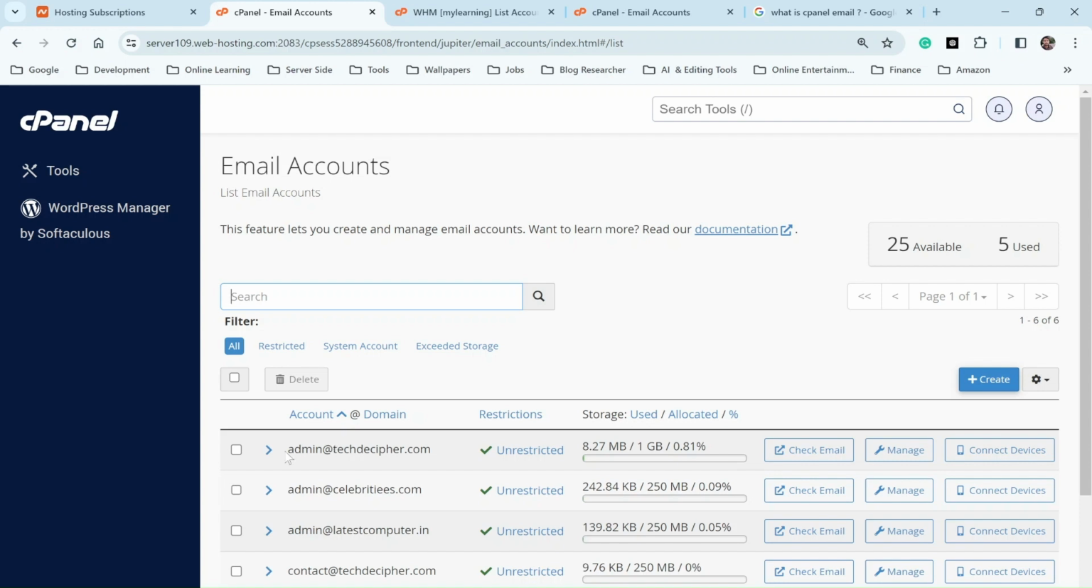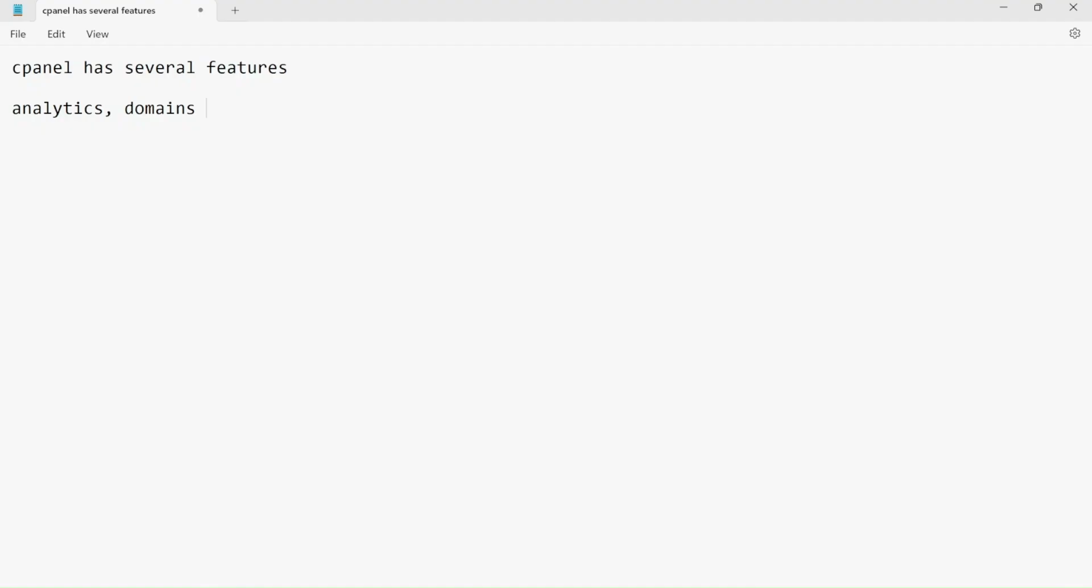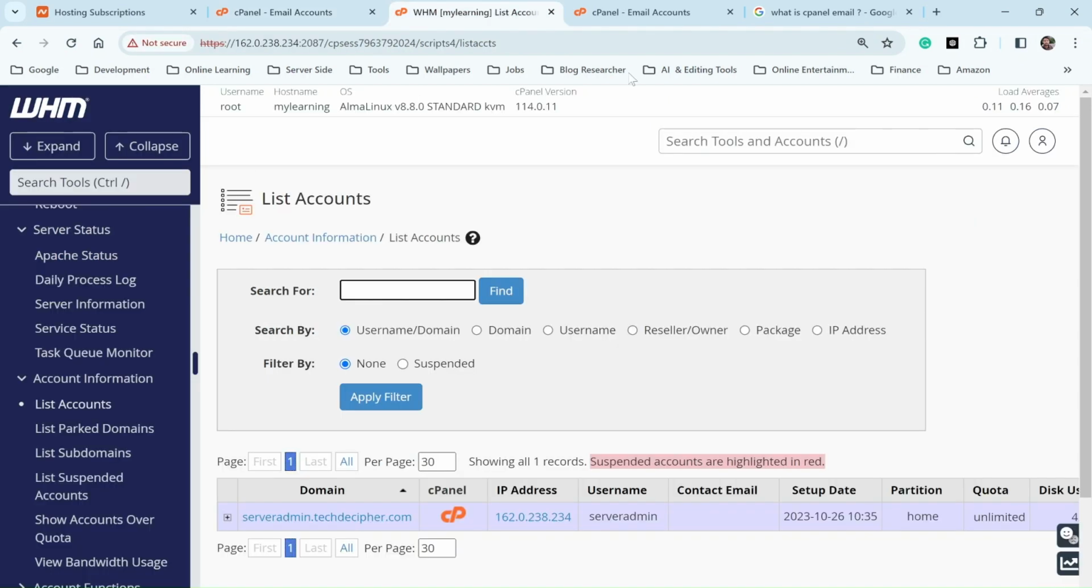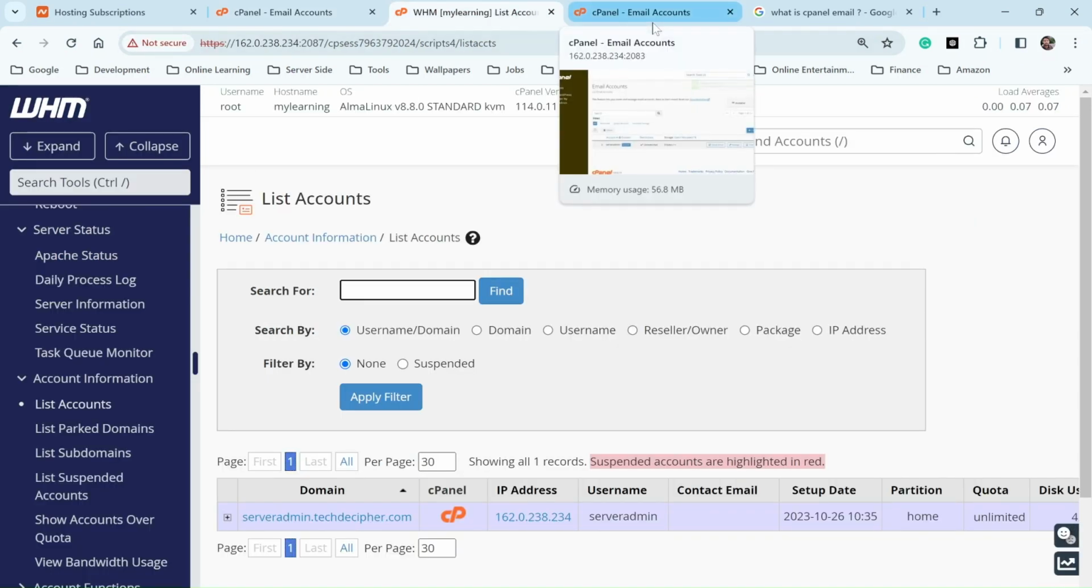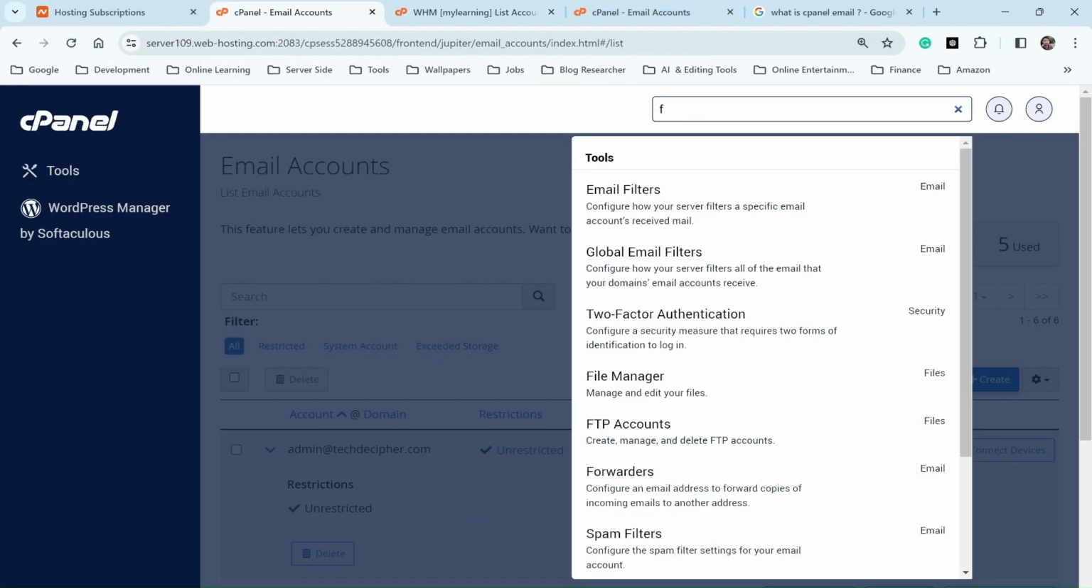First, you need to verify which email address you want to migrate. For example, in this case, I have admin@techdecipher.com. I am going to simply paste it here. This is hosting A, and this is my other server, let's say hosting 2. From hosting A, you will need to go to File Manager,